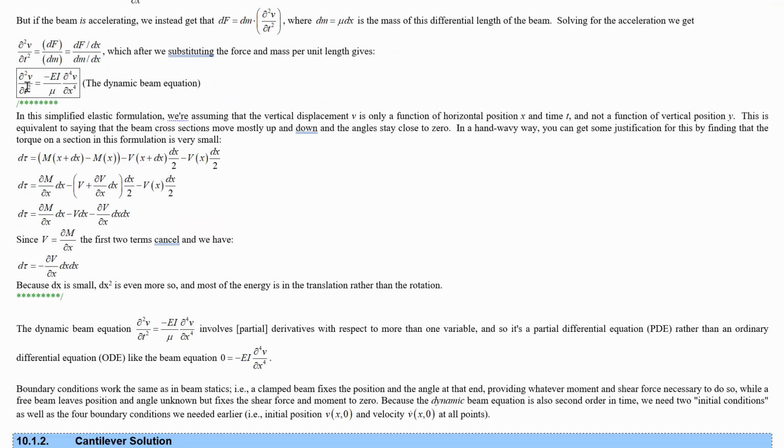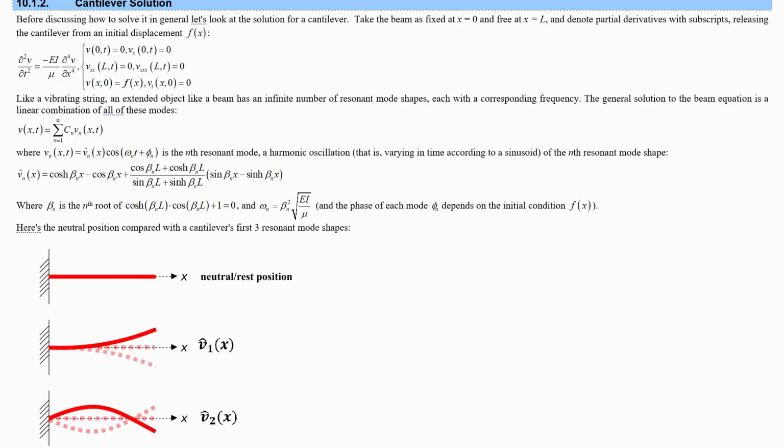But now, because of the time dependence, we also, in general, to solve it, would need two initial conditions. What v is at all locations at time 0, and what the rate of change of v in time, the vertical displacement, is at time 0 as well. Before we look at how to solve this thing in general, let's just explore a solution